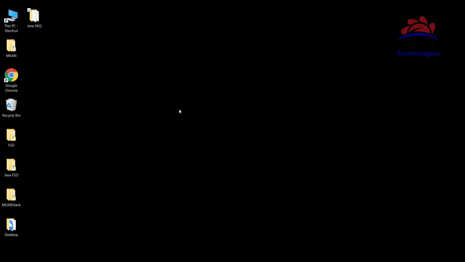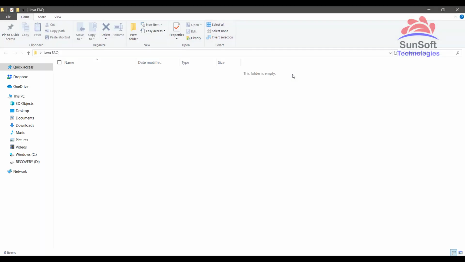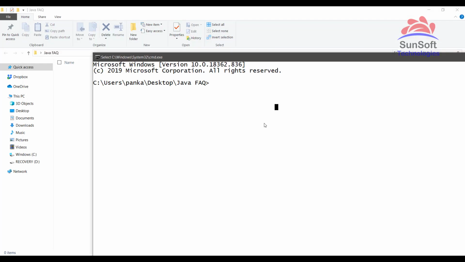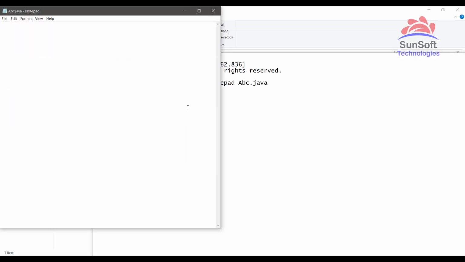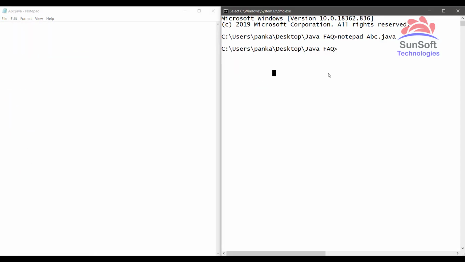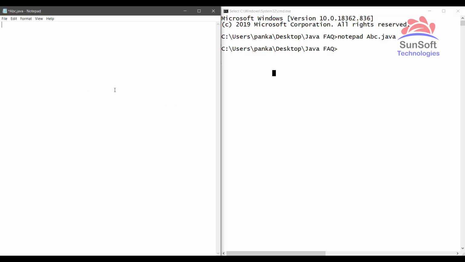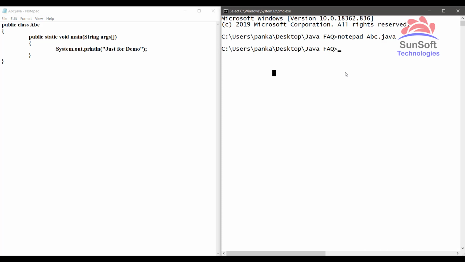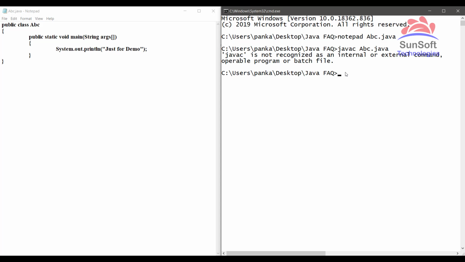To make use of path and classpath, let me go to the Java FAQ folder and open the command prompt and type here notepad abc.java. Let me split it into two screens. Yes, arranged. Here I am creating a public class abc with a main method inside, printing just for demo. And let's try to compile this code from here, javac abc.java, and you can see here the error showing that